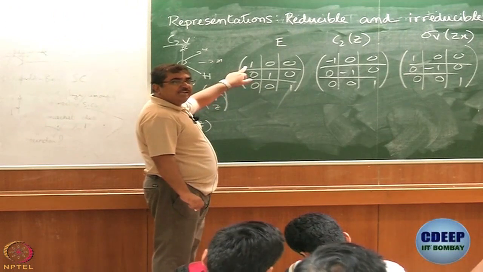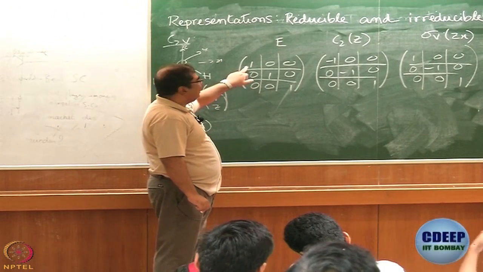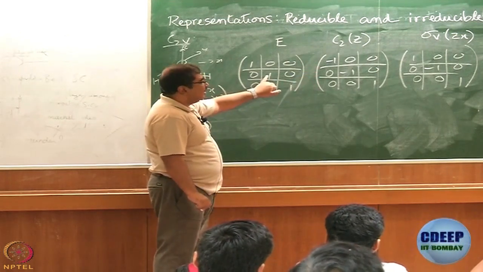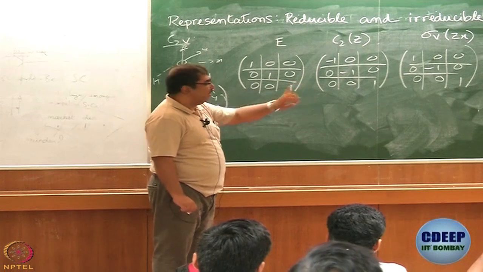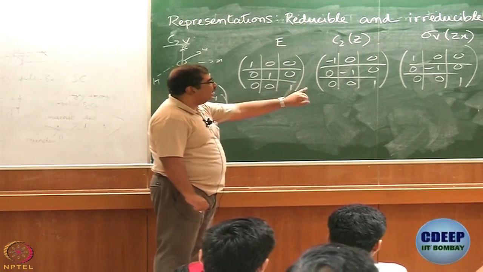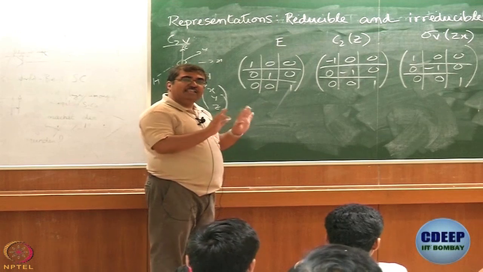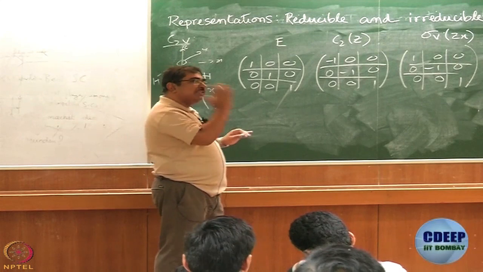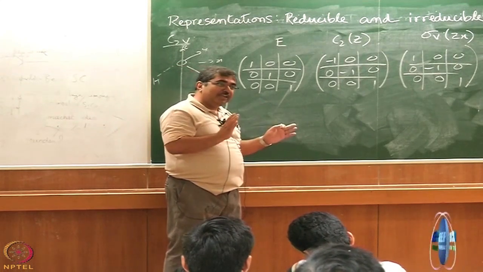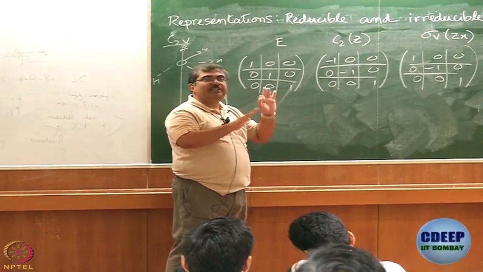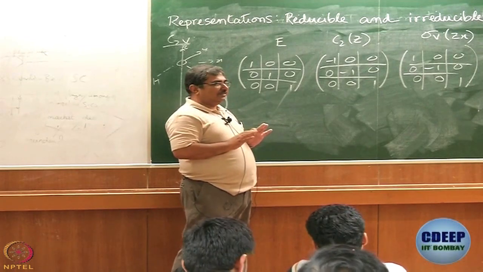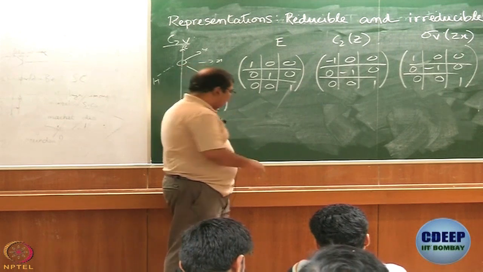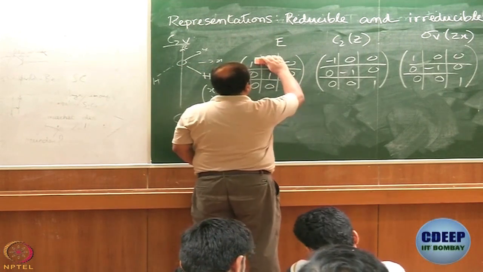If I take all the 1 1 elements, they are non-zero: 1, minus 1, 1, minus 1. I take the 2 2 elements: 1, minus 1, minus 1, 1. I take the 3 3 elements: 1, 1, 1, 1. All other elements are 0. Okay. This method is called block factorization. You divide all the transformation matrices in the same way so as to leave out these 0 elements to the maximum extent possible. Very qualitatively, this is block factorization. Alright. So, what I will do is even erase these.